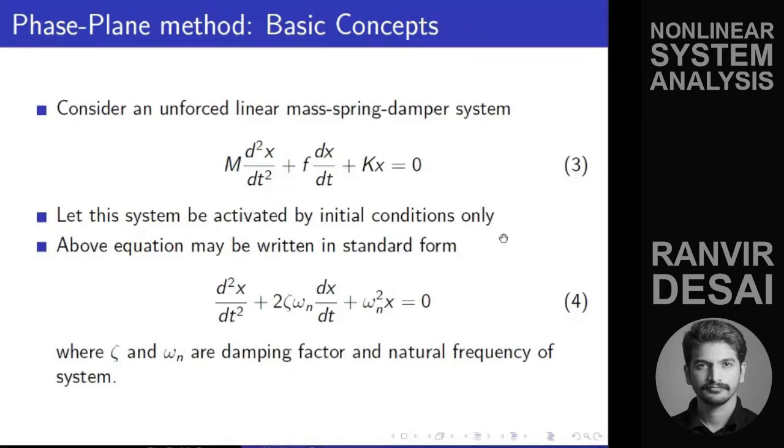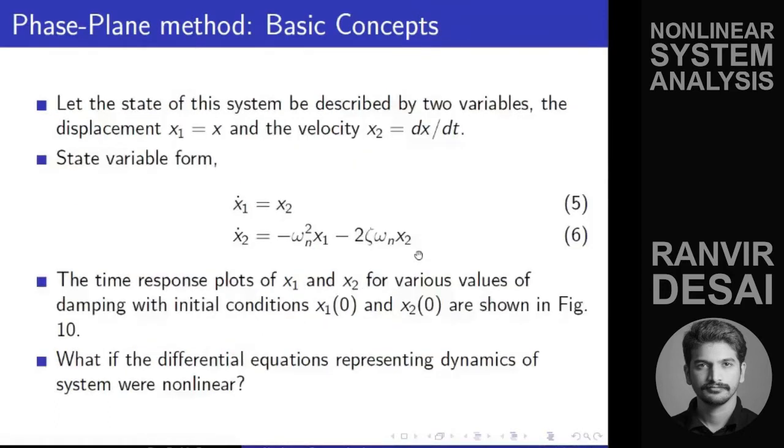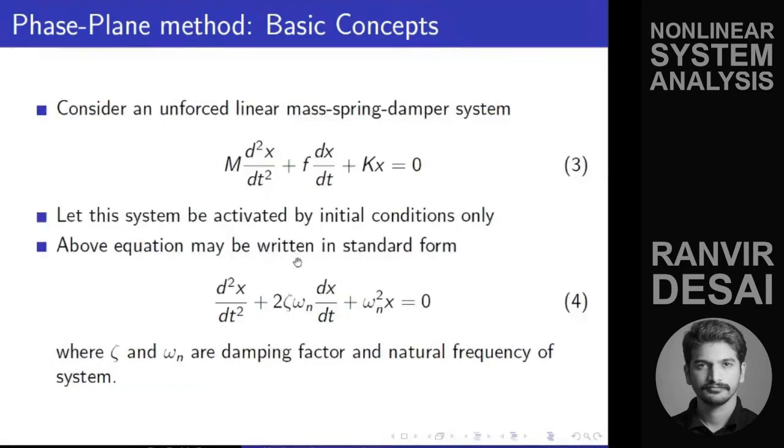Now we will translate these omega n and zeta in terms of m. We can do that. If we divide this whole thing by m, we'll have this as k by m. This will be f by m. So omega n square will be k by m. Omega n will be under root k by m. And from this equation, f by m is equal to 2 zeta omega n, you will find out zeta also. So you can very easily find that out. Just to let you know that this is possible.